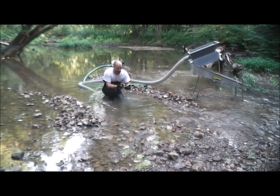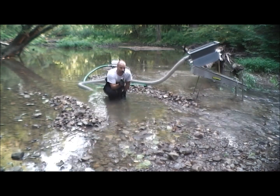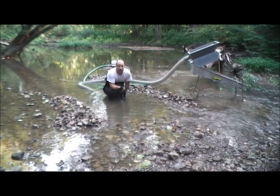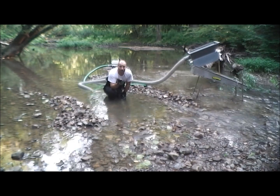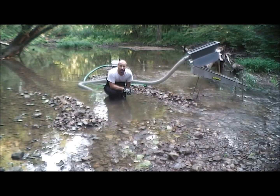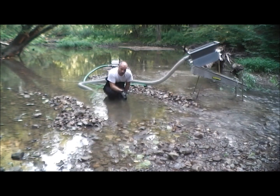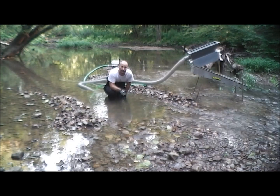If you see something that's got a lot of fine sands and sediments on it, that's probably not going to be as good. This right here, these rocks have been here for a long time. I'm not for sure how deep this is, but in Indiana, it's pretty deep to get to bedrock. You'll hit a clay layer or a silt layer before you get to the bedrock, so there's no use going all the way down. If I can get this hole another 1.5 feet to 2 foot deep